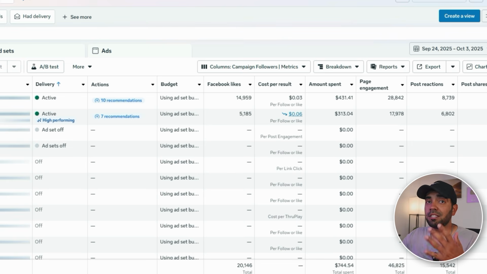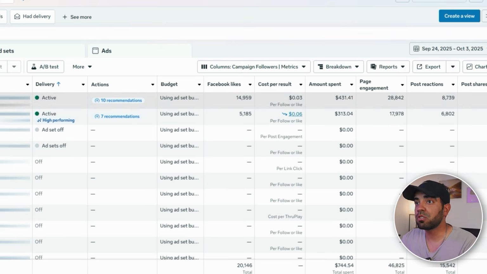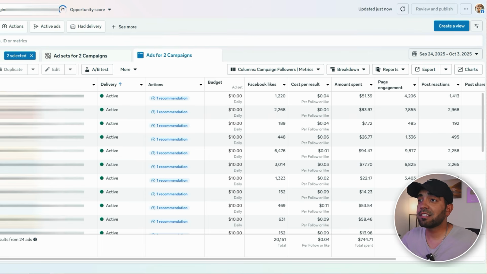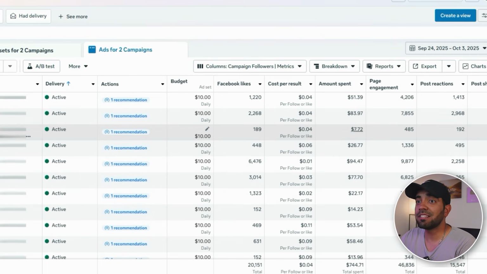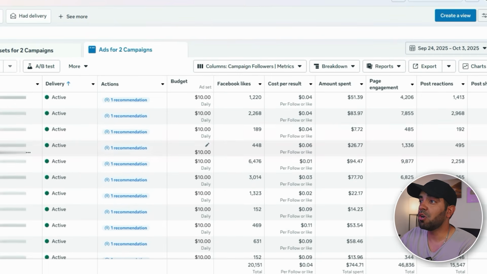And we know that doing this is going to get us that result with that type of follower that we want. That's going to help us get more viewers and more engagement from tier 1 followers from the US, Canada, UK, and all those countries. And you can see all the ads that we're running basically at $10 per day. And you can see all the different spend,